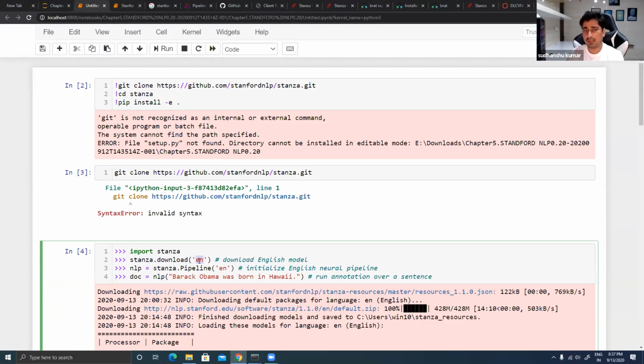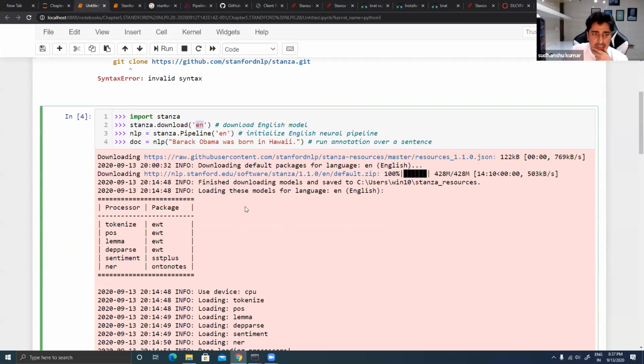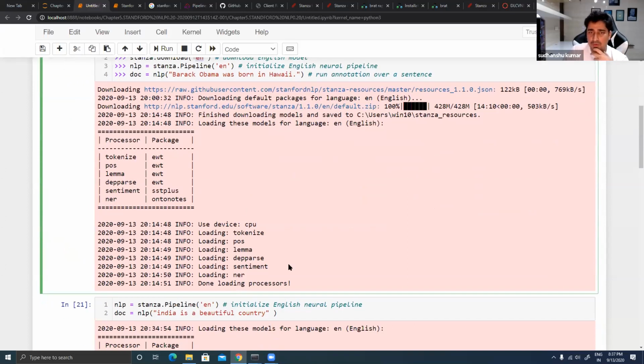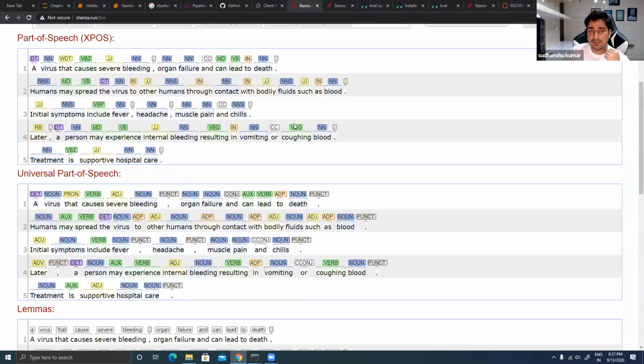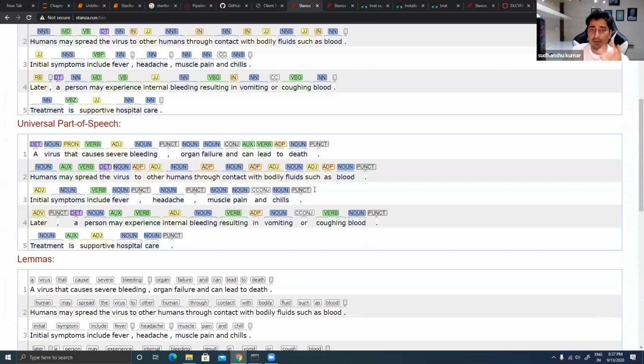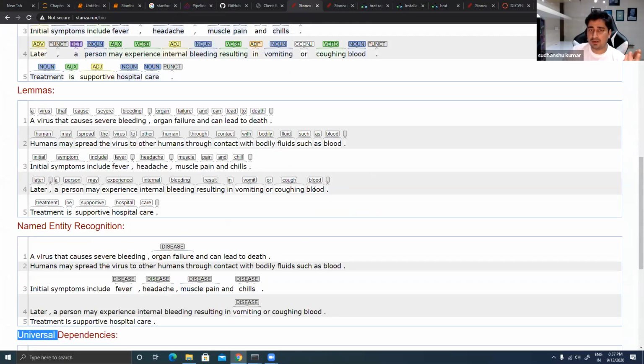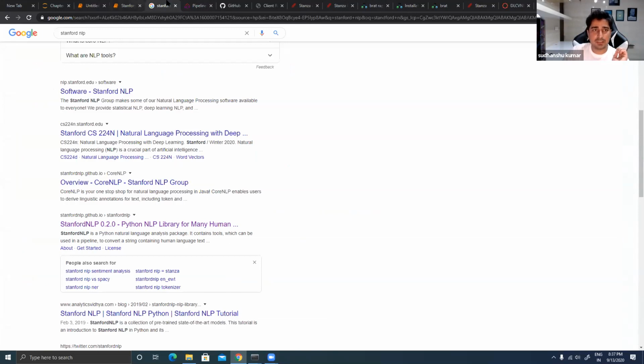But it's a beautiful Stanford model that people have created, and you can use it anytime that you want. So this is all about, I would say, guys, in terms of Stanford NLP. This is the capability that Stanford NLP can perform. There are many more models which you can explore, right? But if I talk about a base model, the base model is the same deep learning model that we are going to study. Fine, I'll just take a couple of questions, and after that I'll move into the RNN LSTM discussion, because what I feel is those things are very much important as compared to this one.